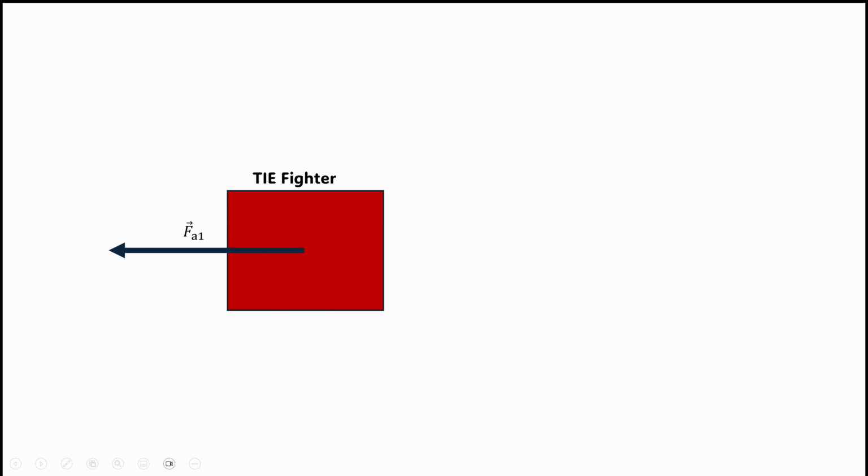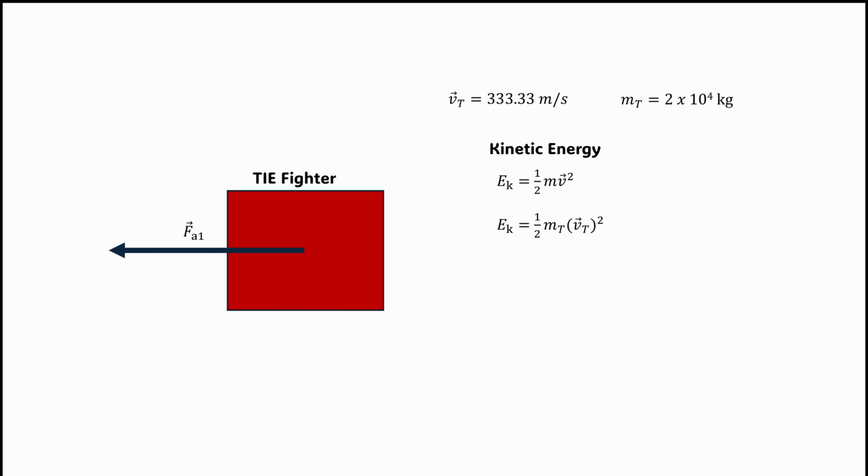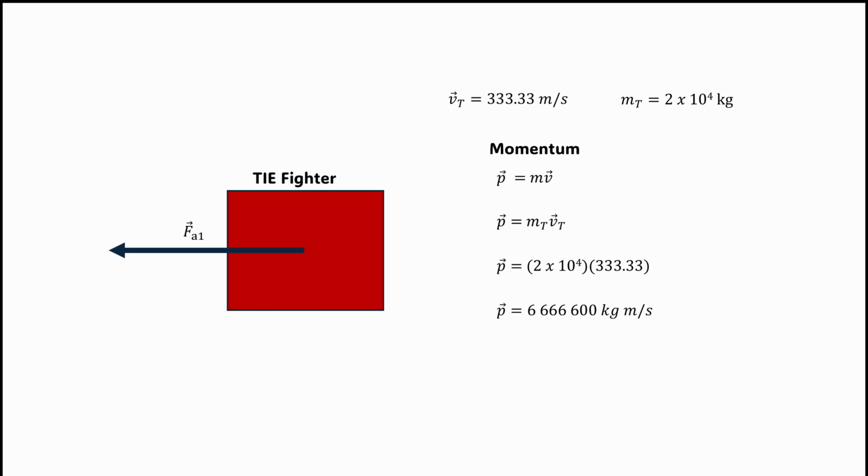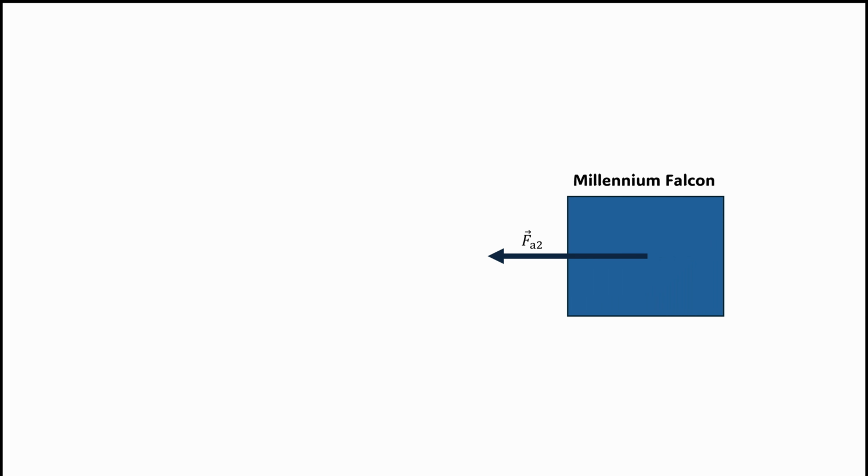From Wikipedia, the max speed of a TIE fighter is 333.33 meters per second, and the mass is 2 times 10 to the 4th kilograms. Thus, the kinetic energy we can calculate to be 1,111,088,889 joules, and the momentum would be, of course, 6,666,600. Similarly, from Wikipedia, we can find that the maximum speed of the Millennium Falcon is 291.67 meters per second,